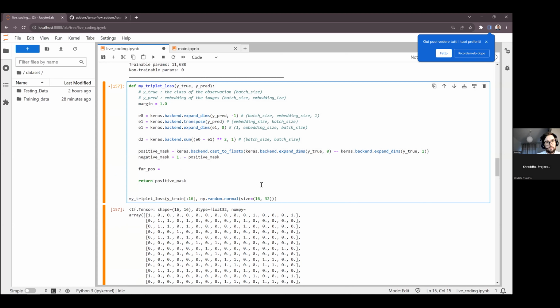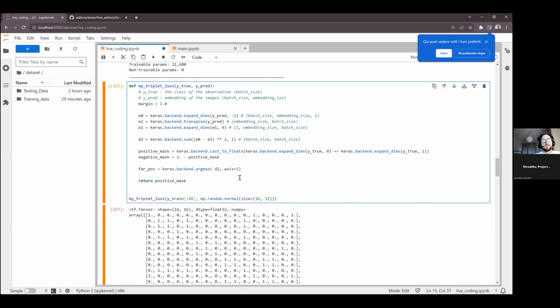So we will look into the Keras backend argmax of the D2 on axis 1. Okay, we are looking for the positive element that is the farthest apart. So we want to say that this will be the maximum.